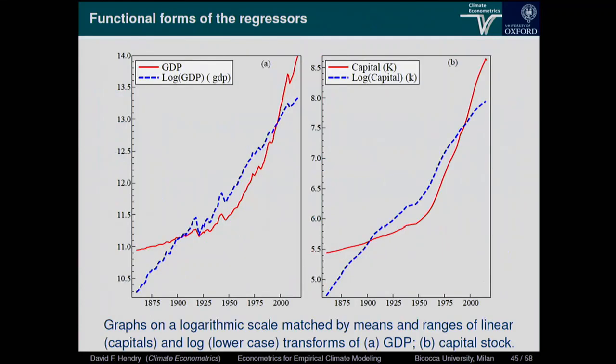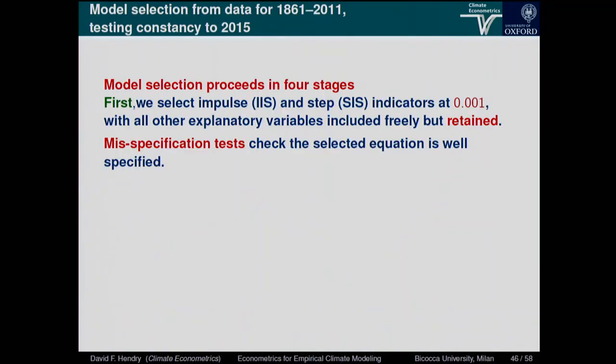Now, I have a previous model of this that's listed in VoxEU, and it used linear GDP and linear capital, and I've put them in the red lines here, and then I've put in blue the log linear ones. And you can see what the problem is with the linear, that here, this is one of the biggest drops ever in British GDP, but it looks tiny in linear. And this is a huge change in nominal, but hardly any change in the log, because of course, a billion change in GDP today is not very big, but it'd be about 10 times GDP in 1860. And the same with the capital stock. And it's really improved the model dramatically to deal with the logs.